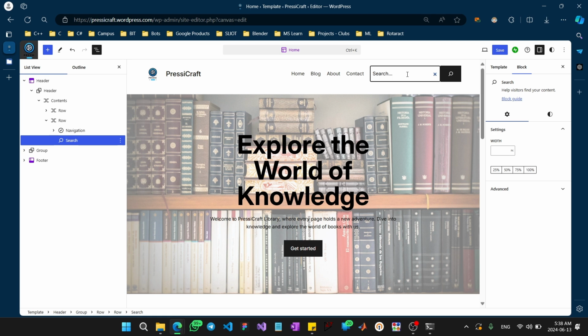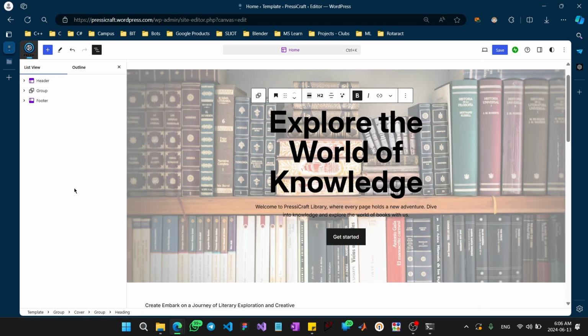Okay, now click outside and you will see the search button is appearing in the header. Now let's move on into the cover block. Let's change the color theme of the background image a little bit. The current color theme is not really engaging. So in the list view,